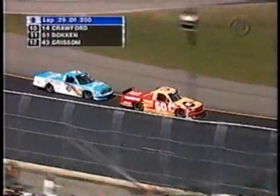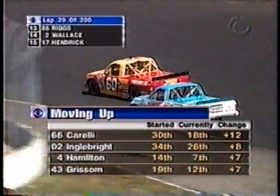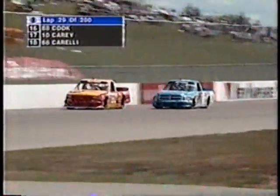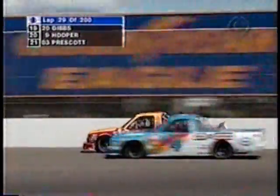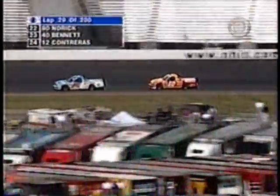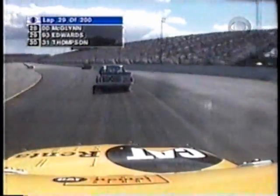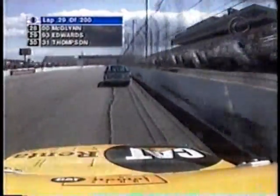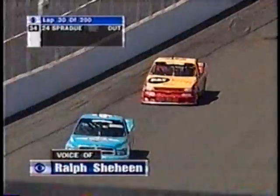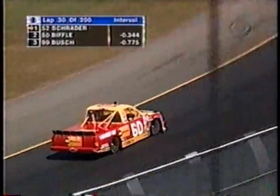That's Andy Houston in the red and yellow, number 60. Bobby Hamilton in blue and white, number 4, trying to take that position away. Gets a nose on the inside of him. Hamilton's already come up 7 spots in this race, from 14th to 7th. Makes the pass. Let's get a little more on Andy Houston from Ralph. Well, Mike, the biggest thing for Andy Houston right now is he's got to work on the entry into the corner. That's where he seems to be losing the most speed on the racetrack. Getting in the corner as they come down the straightaway carrying so much speed, but you've got to be able to find that fine edge, going in very deep to carry as much speed as you